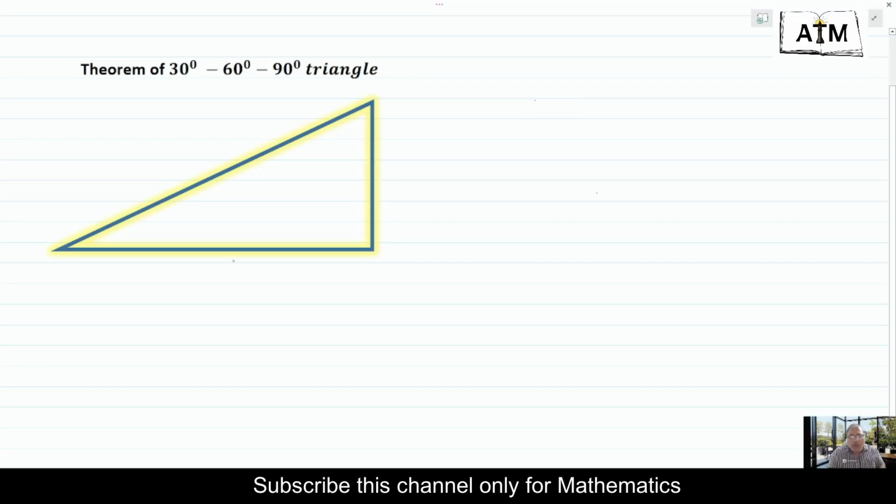Now let us talk about the theorem of 30 degree, 60 degree, 90 degree triangle. So let us say this is 90 degree, and it is 30 degree and it is 60 degree. Now a side opposite to 90 degree is nothing but hypotenuse, and BC is nothing but